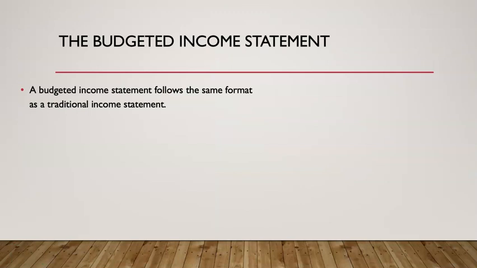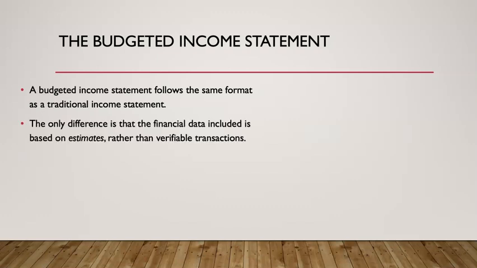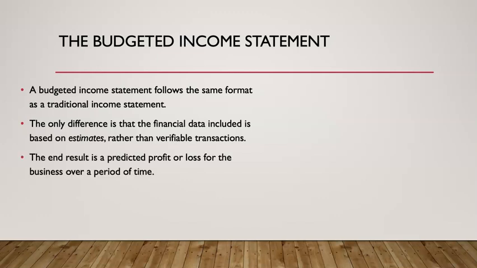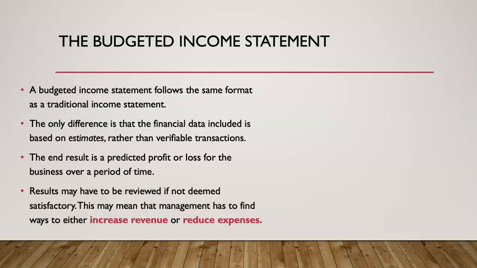The budgeted income statement follows the same format as our traditional income statement, and hence it shows us profit. The only difference is the data again is estimates rather than actual. But the end result is a predicted profit or loss. So this is going to be looked at, and we're going to try and look at how, if we have a predicted profit, or maybe if things are bad, a predicted loss, can we do something to increase our revenue or reduce expenses to increase our profit or maybe even save the business